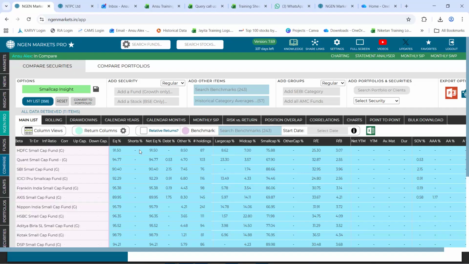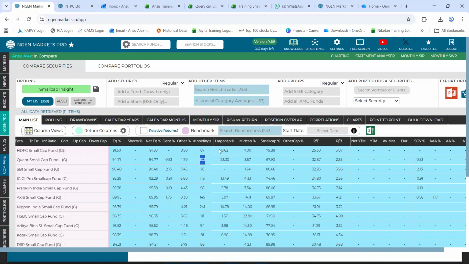In any case, if a fund is an arbitrage fund, or has any kind of short position, this column data will be highlighted and we will be showing you the net equity for the same. Following that, you can also see the total number of holdings that each fund has in its portfolio.